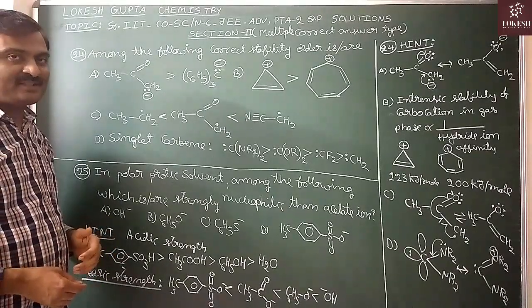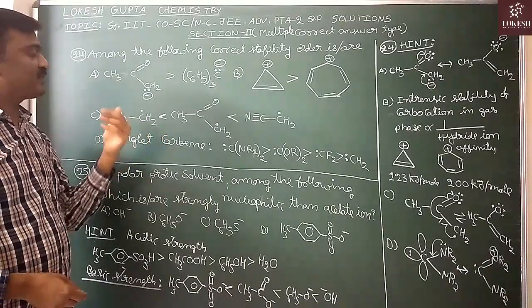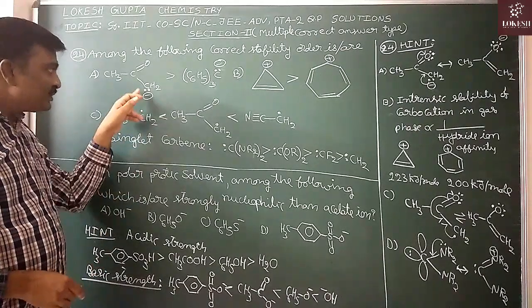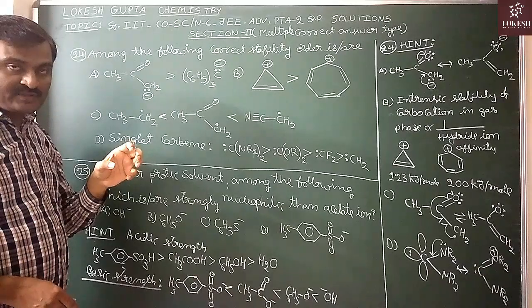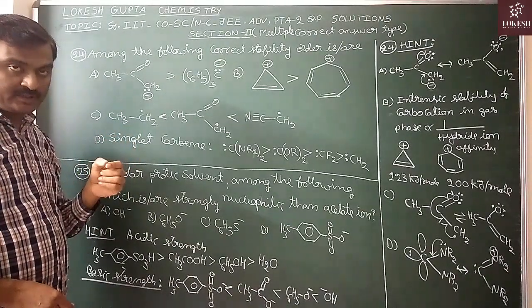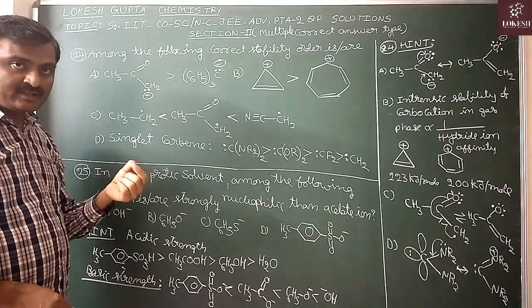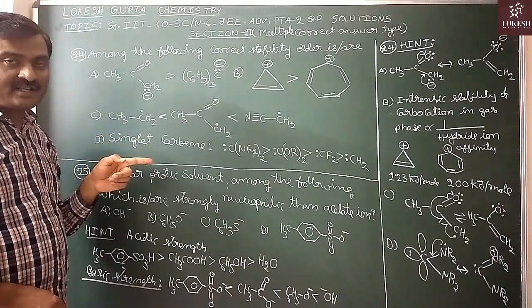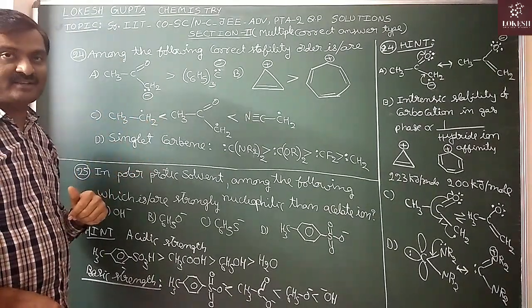Generally we expect that resonance is possible with three benzene rings, so that's why we expect that it is more stable. But no. See, to the carbanion C minus, if electron withdrawing groups with a more electronegative atom like C double bond O, aldehyde, ketone, COOR ester, C triple bond N cyanide are attached, then such carbanions are more stable than the triphenyl methyl carbanion.